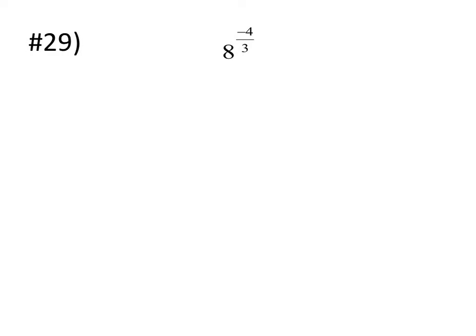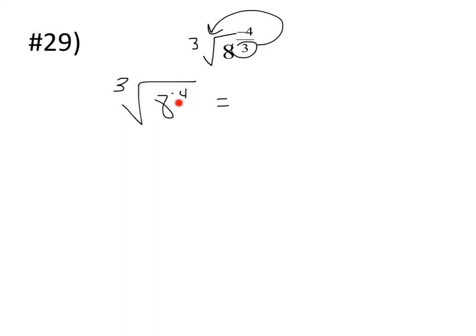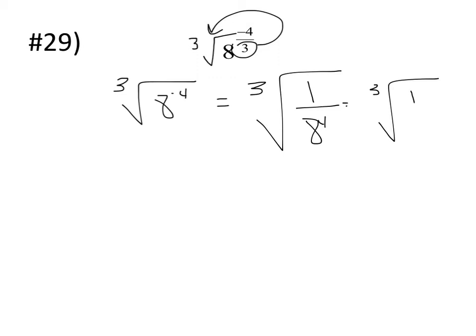Alright, so now we're going to swing this index around front, our denominator around front, make it our index. So it's going to be the cube root of 8 to the negative 4 power. Now remember, negative exponent in the numerator, drop it like it's hot. So we have the cube root of 1 over 8 to the 4th, and that makes it 1 over, cube root of 1 over